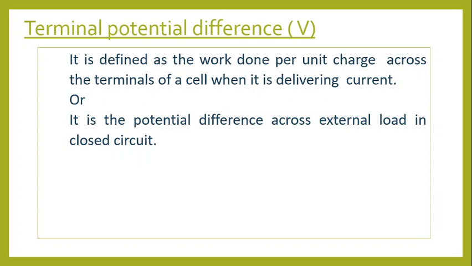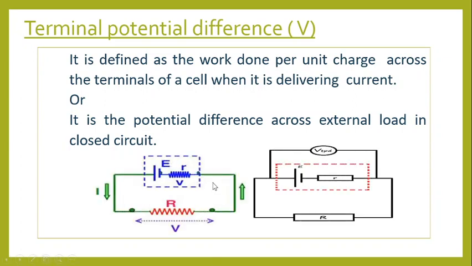Or I can still define it as the potential difference across the terminal of a cell when an external load is connected to it and you are dealing with a closed circuit. So for the other one, no load is connected. For this one, the load is connected, and it's not just connected, rather the circuit in that case is a closed circuit, just like the one I'm having in this case. This is the external load that I'm having here, and you can see that the wire is continuous, nothing like an open place where current will not be able to pass.